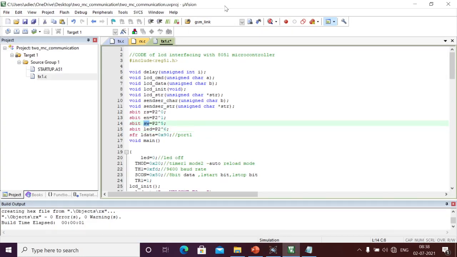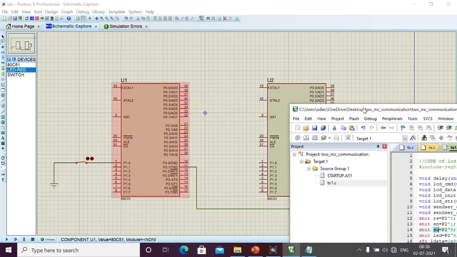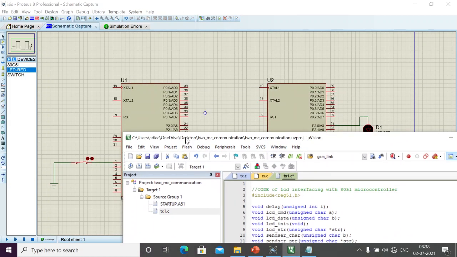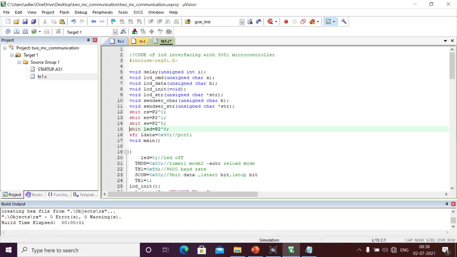Okay, here on the left side, in the TX microcontroller, it has only the switch, and the other feature is only that we should transmit the data. Okay, that's why the LED is connected at the receiver end, the other microcontroller. That's why I am commenting out the LED now. And remaining features I am using here. Only the LCD is connected, and the switch, that's it. Only these many pins we are using. This is for the LCD, these many pins, 2 and 8, totally 10 pins I am using for the LCD. And this is the other pin I am using for the switch.